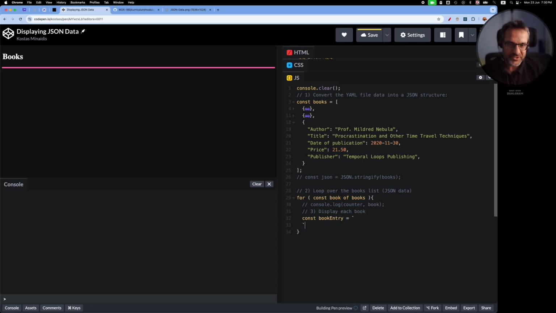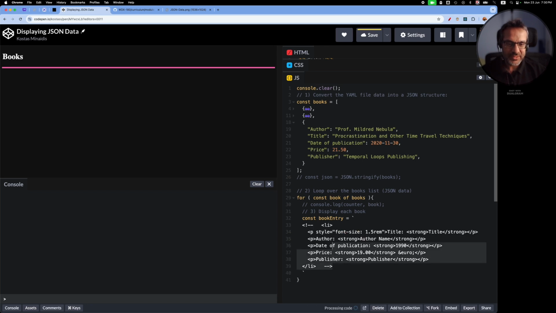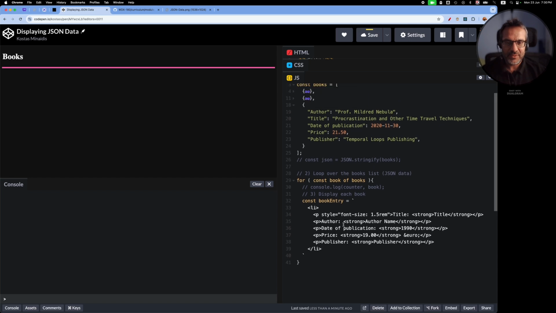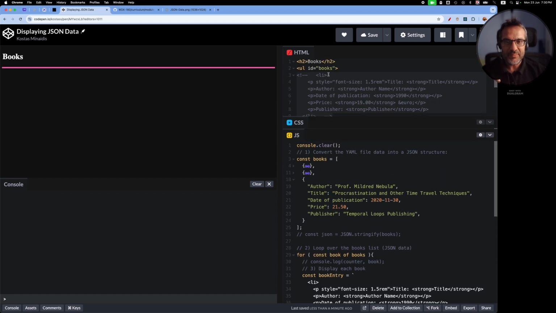a string. I'm going to use template literals because they allow me to define multi-line strings, whereas with double or single quotes, I cannot use a new line. The string has to be one line, but with the backticks, I can just write a string and have many lines, like span. So this is the book entry. I can display it on the page by picking an element that exists in the HTML and then injecting that